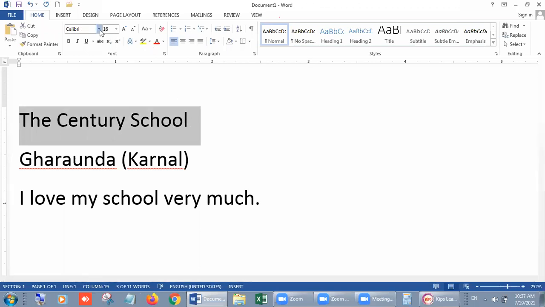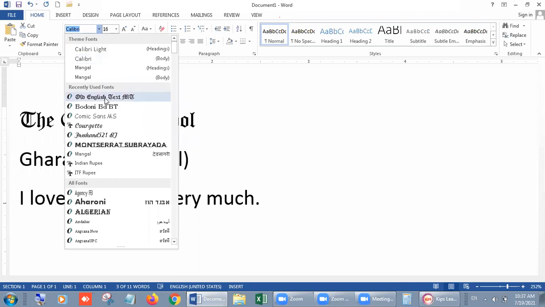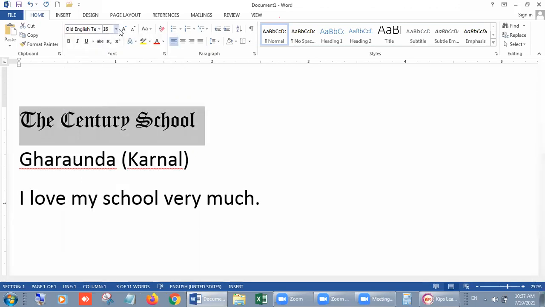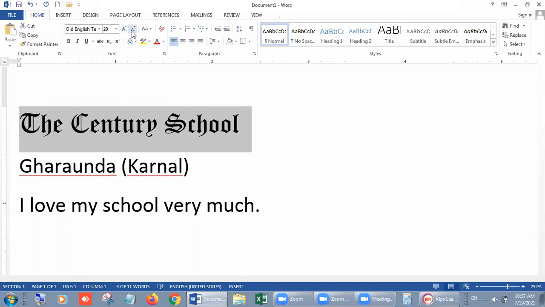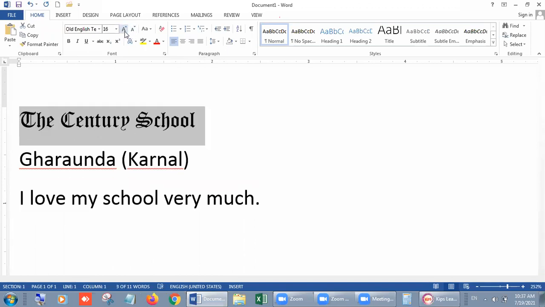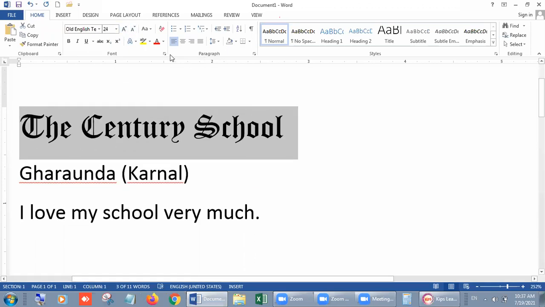I told you how we can change the font of it, and how we can enlarge or decrease the size, right? And with it you can change the color from the font group of the Home tab. When you click on the Home tab, you will get this ribbon, and from the font group you can choose this button.